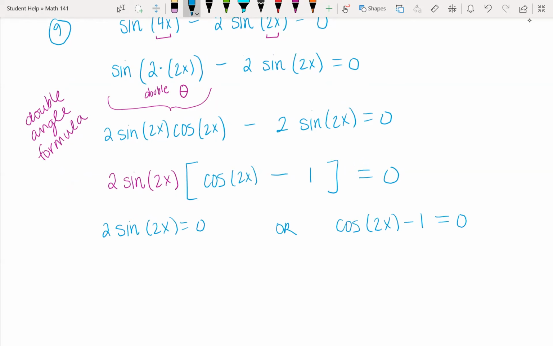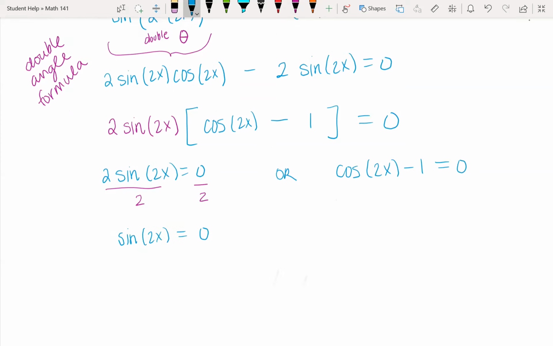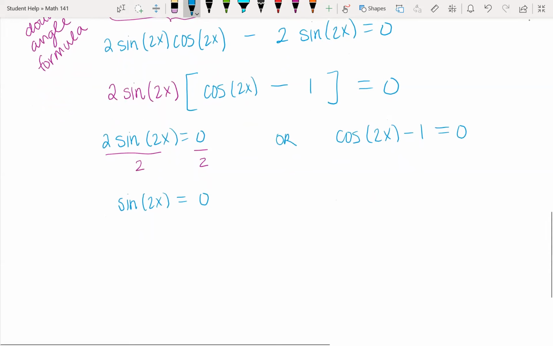Looking at the equation on the left, dividing both sides by 2 really isn't going to make a difference, right? Because I'm going to end up dividing 0 by 2, which is okay. 0 divided by 2 is just 0. So I have sine of 2x equaling 0. And so I just want to know, when does the sine equal 0? Sine equals 0 at